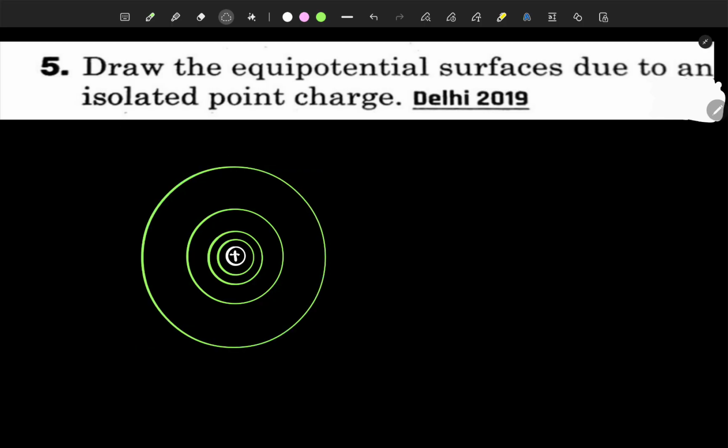Yes, this is the diagram. In this diagram, all of you see the perpendicular distance between two equipotential surfaces gradually increases. Clear? So what is the reason? You all know it. E, the electric field intensity, is proportional to 1 by dr. What is dr? Always remember, E is proportional to 1 by dr. dr is the perpendicular spacing